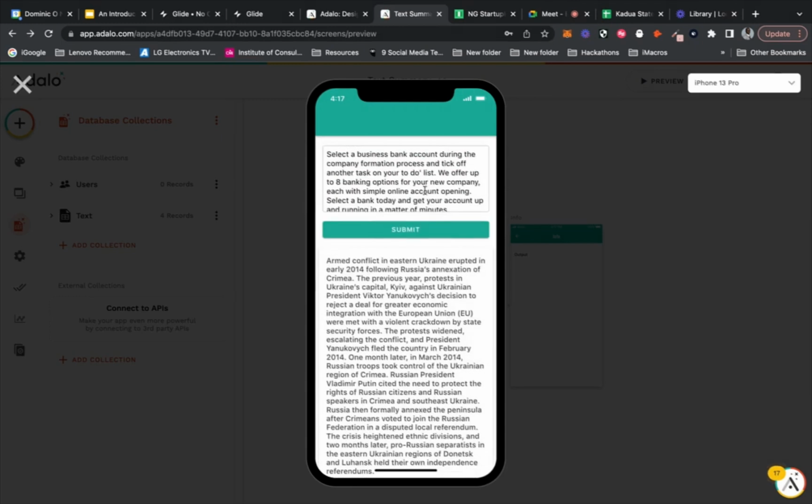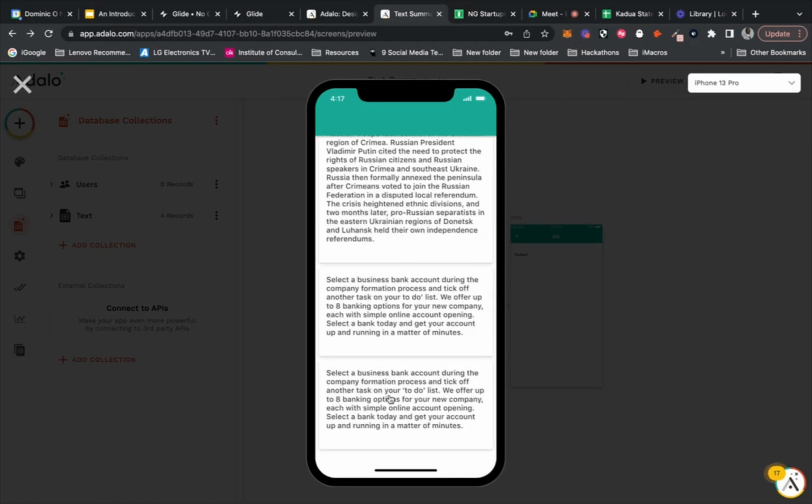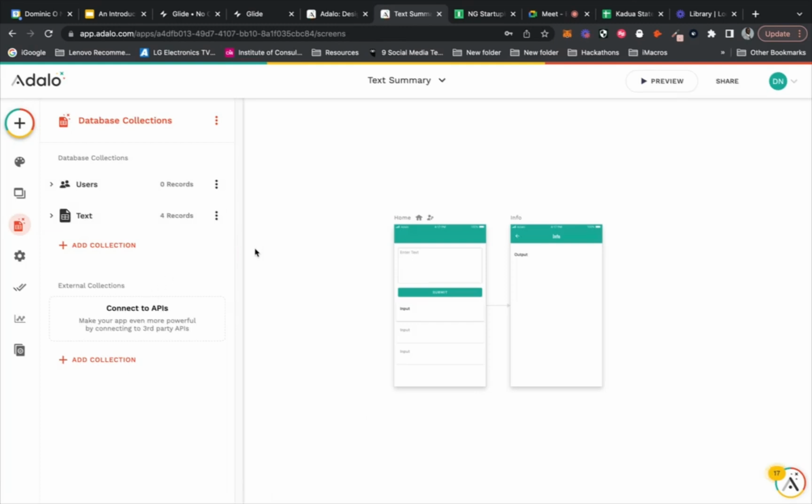It's a bit rough around the edges, but again, this was what I used for a tutorial. So if I click submit here, what it should do is add here, and then it makes a summary of that text. This is using AI. So you can connect APIs in Glide. It's a little bit easier to do in Adalo.